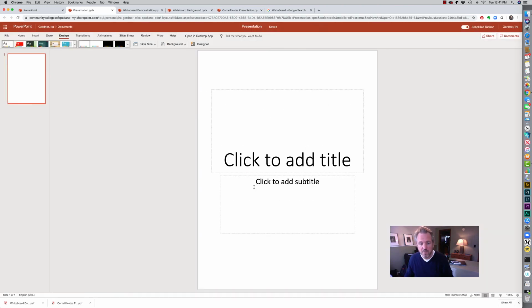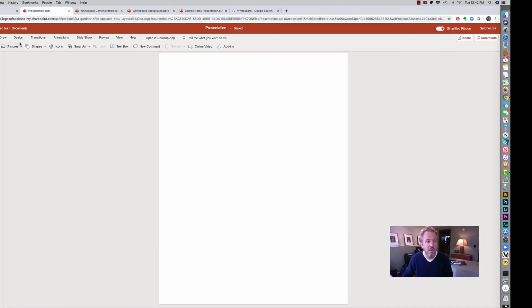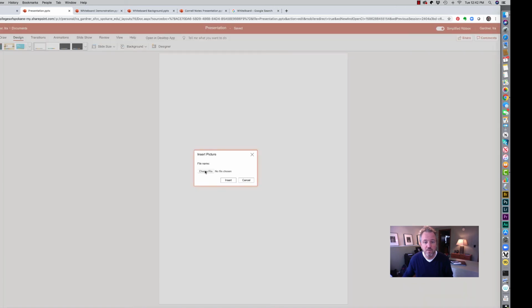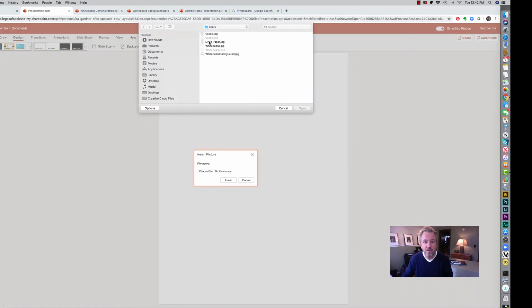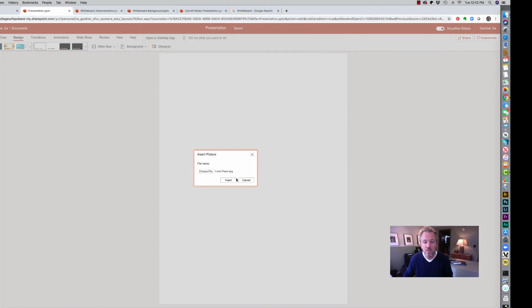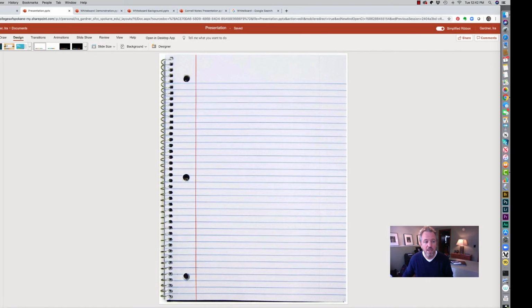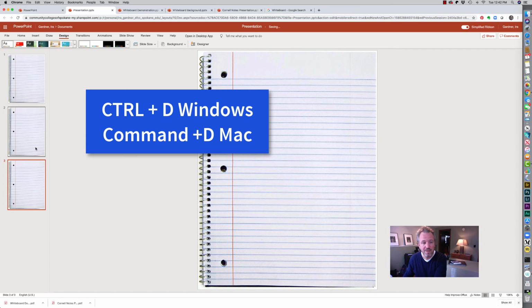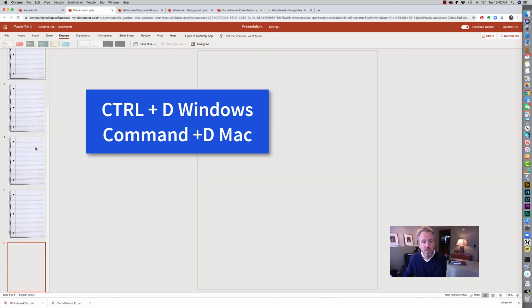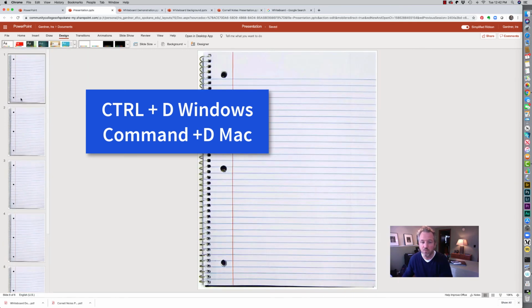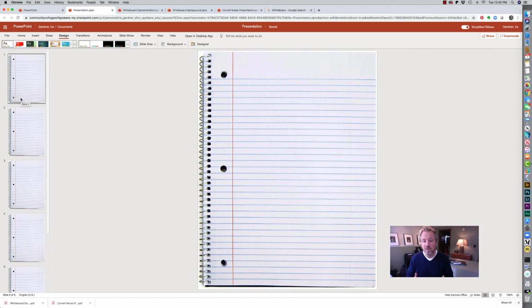I tend to just choose Maximize, and then I'll go back to Design, go to Background, Picture from File, and go back to my lined paper. Now I'm ready to duplicate that very quickly, and I'm ready to take my notes graphically in PowerPoint. So there you have it, a simple way to use PowerPoint, which we all have access to,